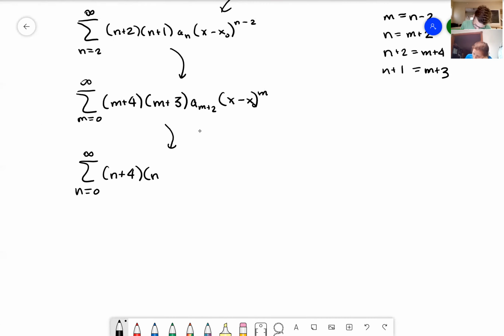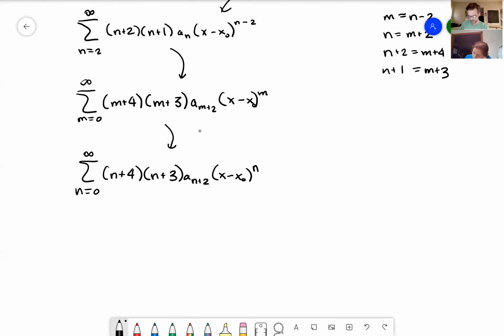Replace the m. And this would be re-indexing this series so that the generic term has x minus x0 to the n. This will be an important step for doing